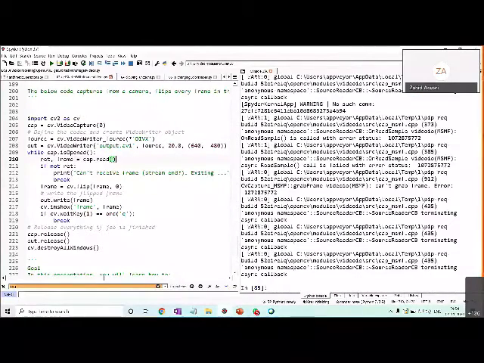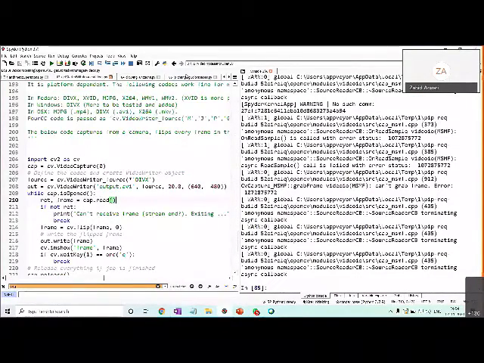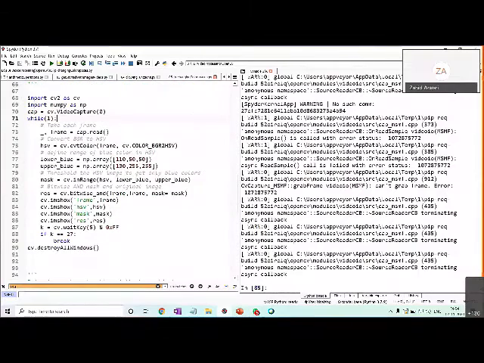Okay. Yeah, so I'm taking you to changing the color space. It is a very similar program in which I am capturing a video by calling the video capture, the camera. Then I am reading the frame.